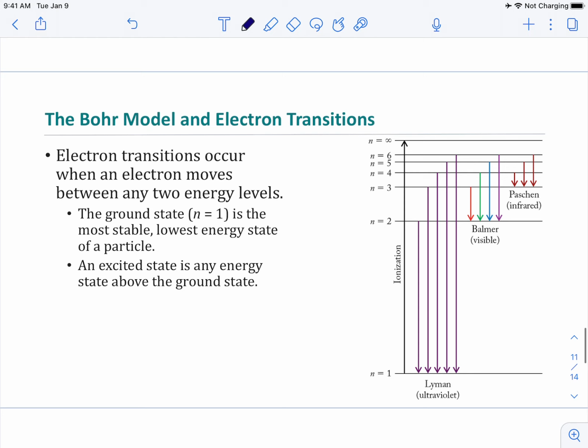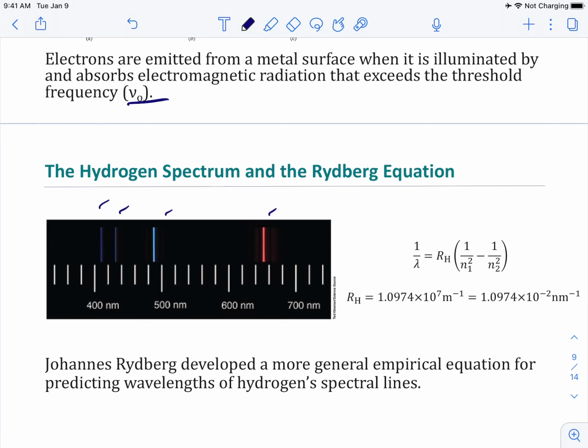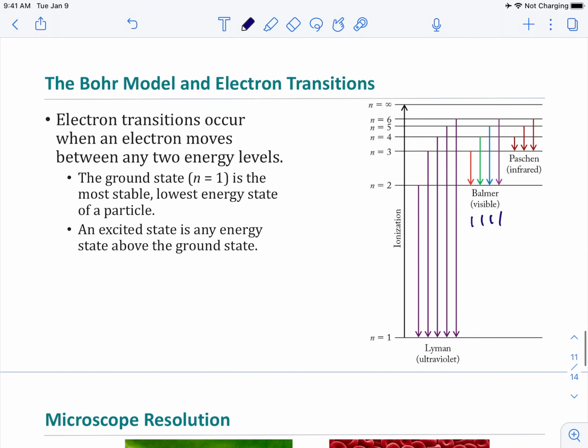And then Bohr's model, he was able to show these are the 4 lines right here that you see in the hydrogen spectra right here. He was able to explain these as electronic transitions. So what we'll learn about in class is that electrons will emit light energy, electromagnetic radiation, when they go